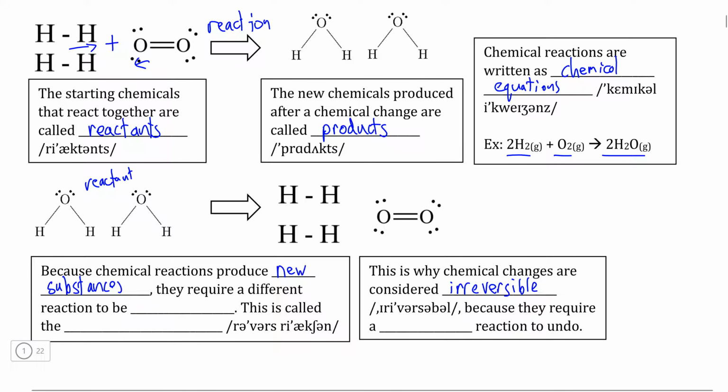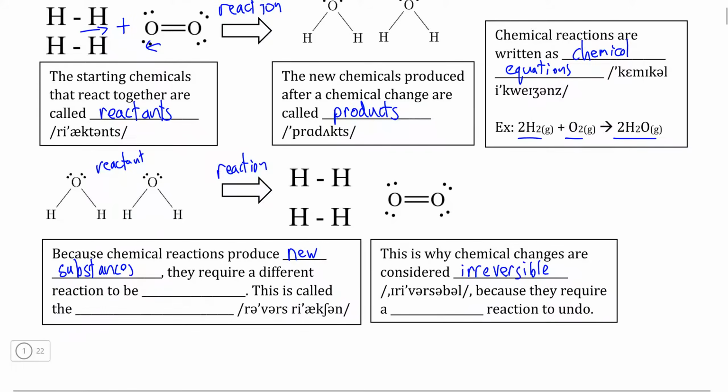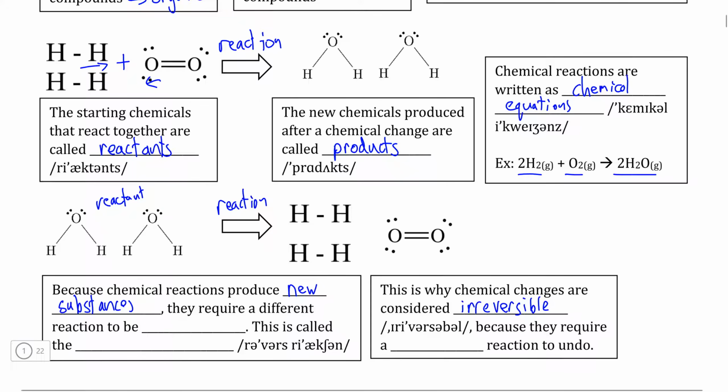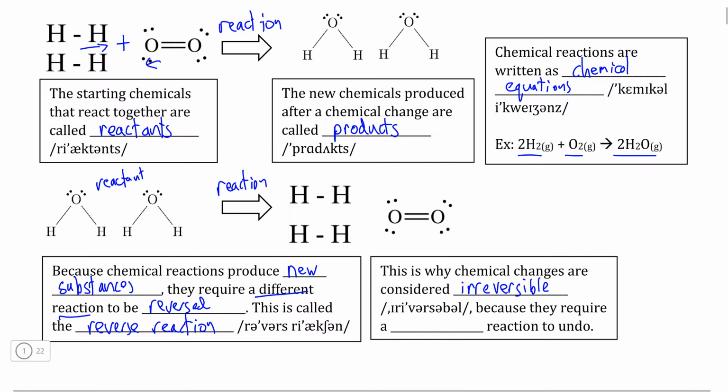We have a combination of the two, and this chemical reaction here involves water breaking down and reforming as hydrogen and oxygen gas. So we can see that these two chemical reactions, the products and the reactants, are different from one another. In other words, chemical reactions are defined as being irreversible because they require a different reaction in order to be reversed. And that's why we call this reaction here the reverse reaction of the one that had occurred